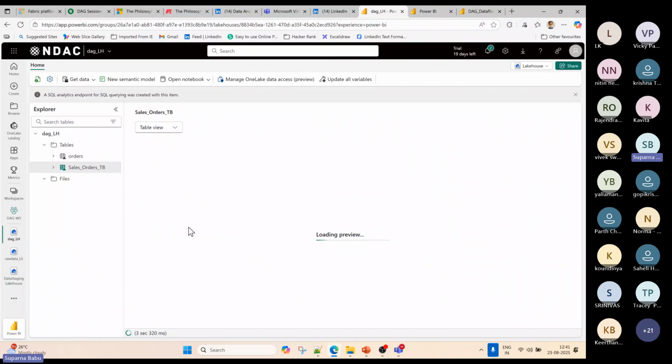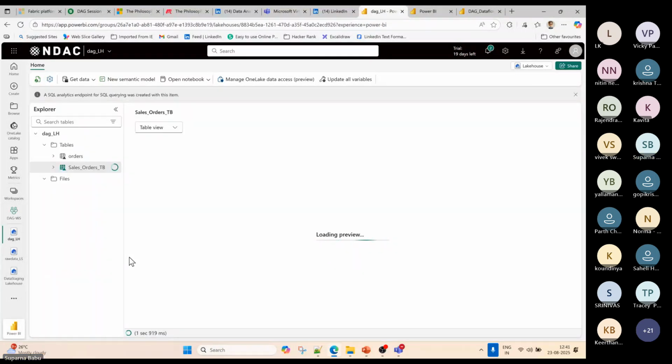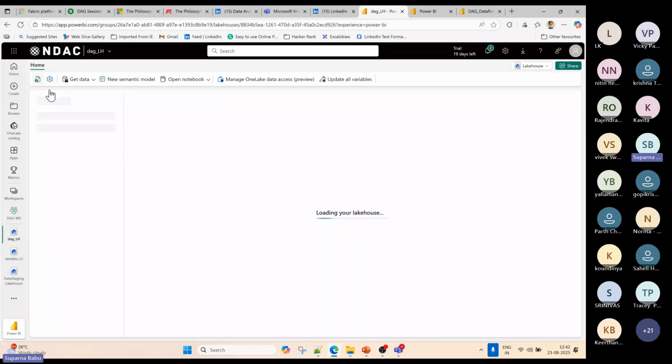There is a lag. Just wait. I think there is a lag. All columns are there, but why is it not showing the return? Let me refresh again.